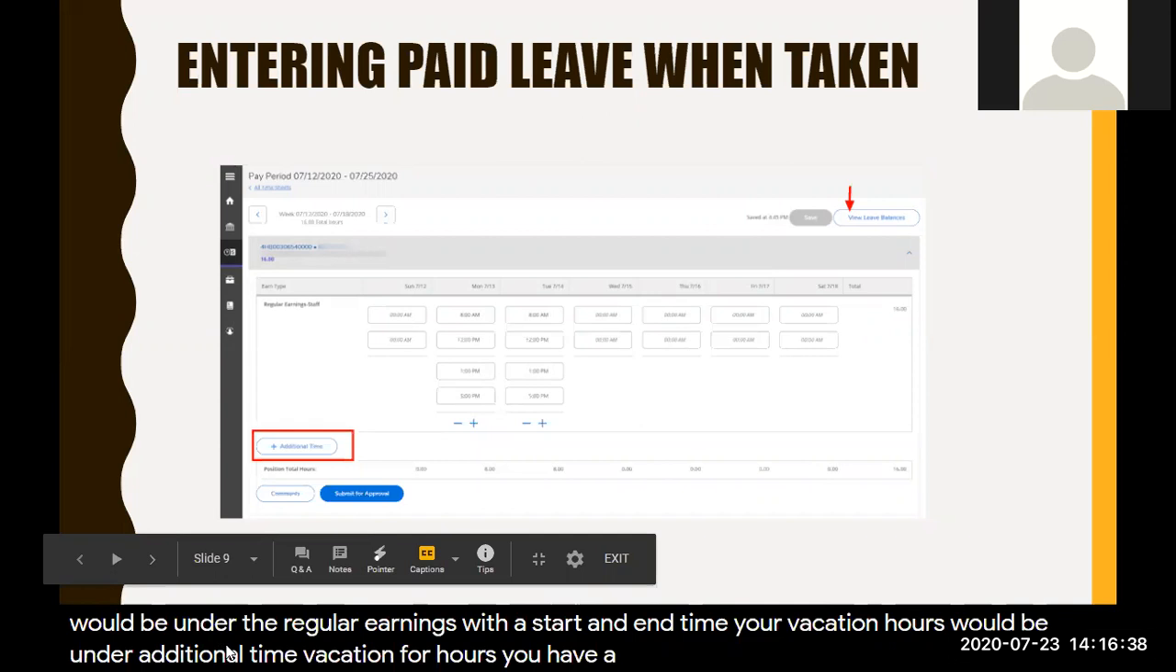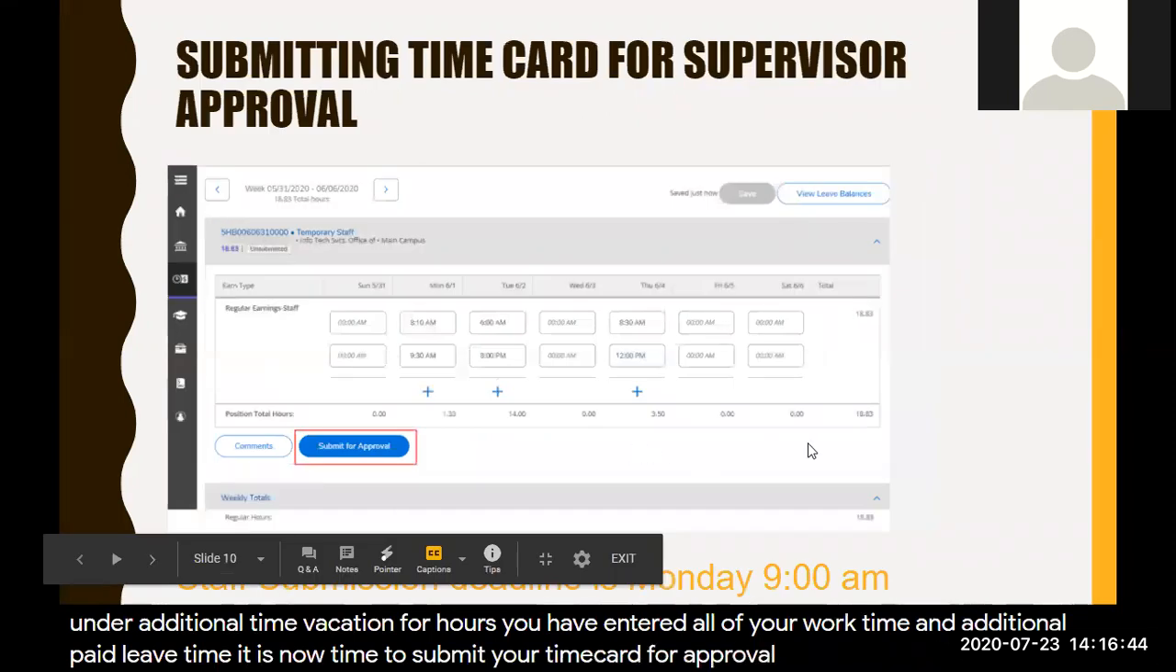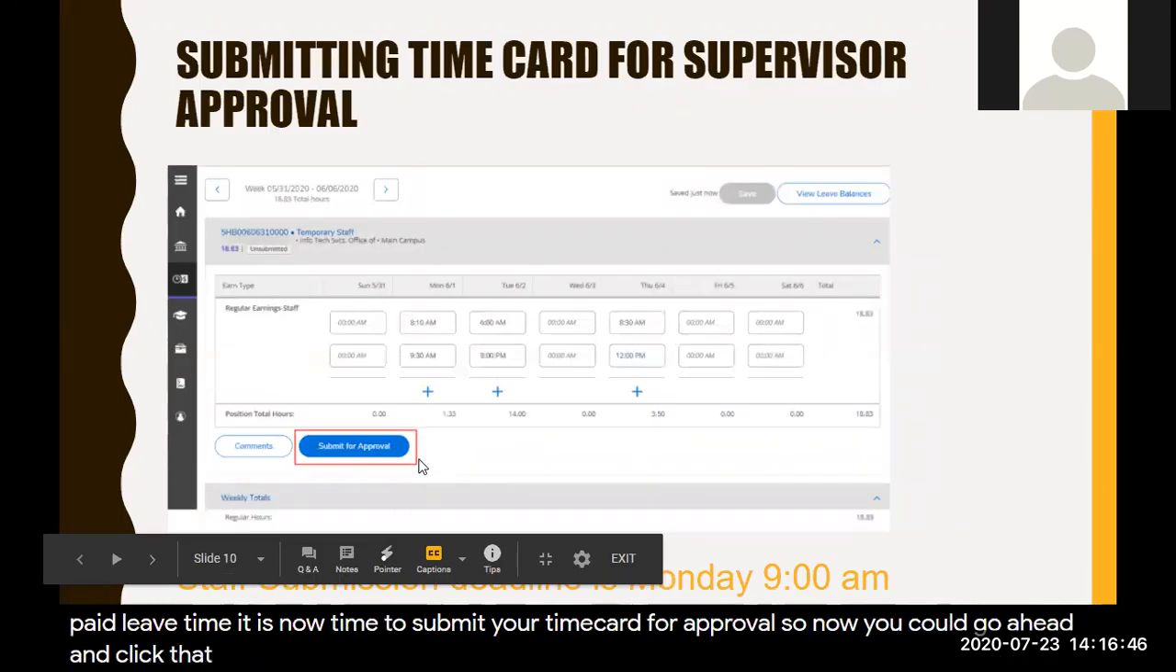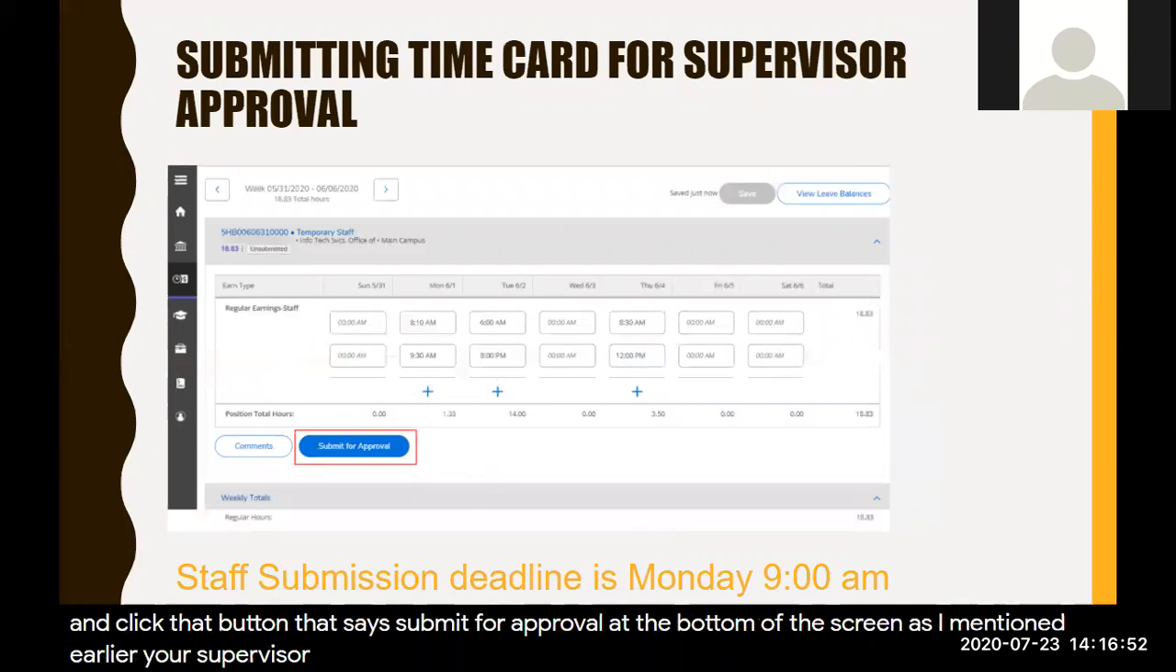Once you have entered all of your work time and additional paid leave time, it is now time to submit your time card for approval. So now you could go ahead and click that button that says submit for approval at the bottom of the screen. As I mentioned earlier, your supervisor will get an email notifying them that you have submitted your time card